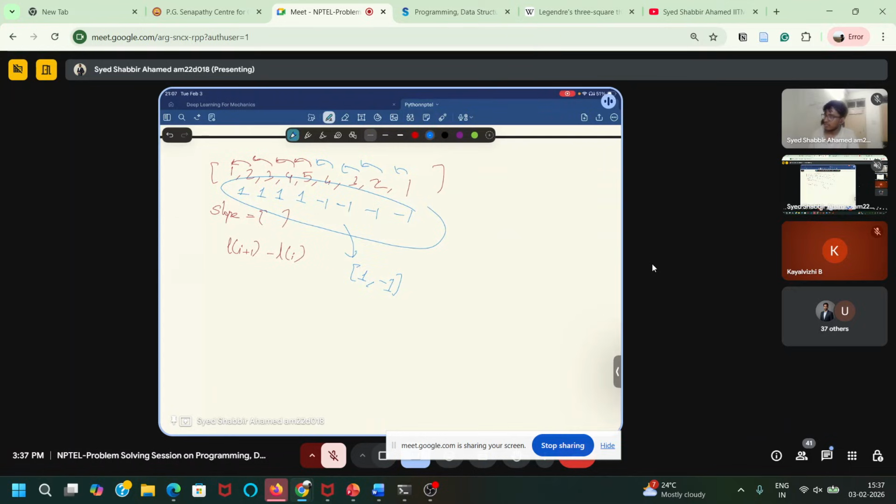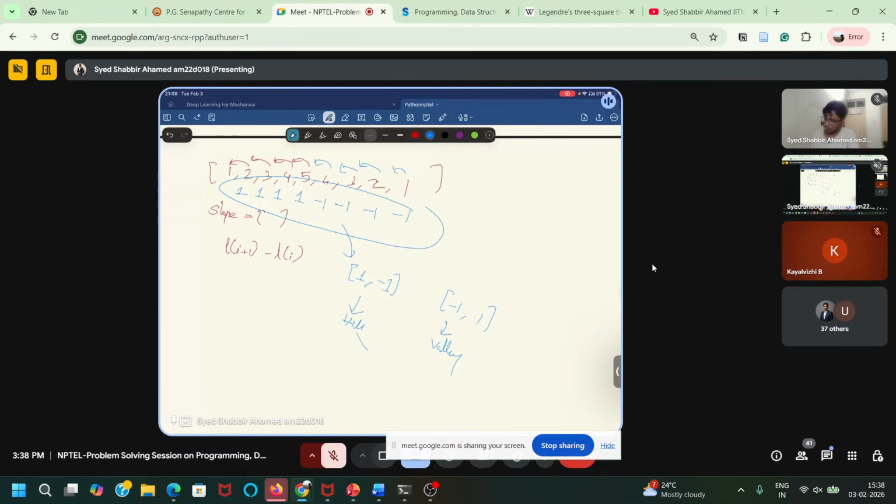If this is 1 and minus 1, then you can say it is a hill. And if it is minus 1 and 1, then it is a valley, because first it is decreasing, then it is increasing.